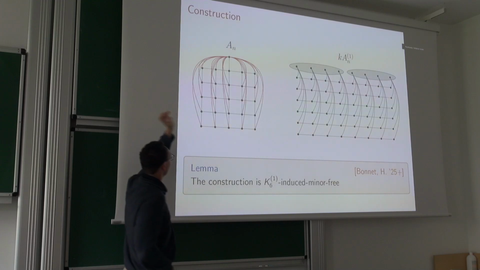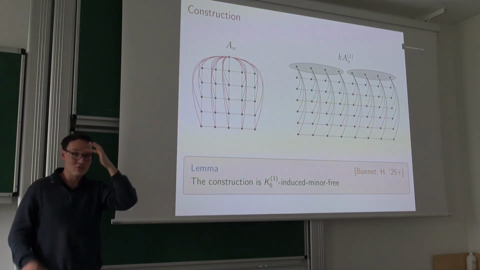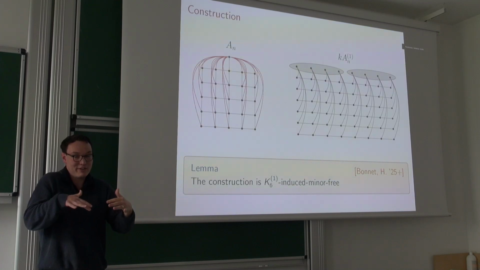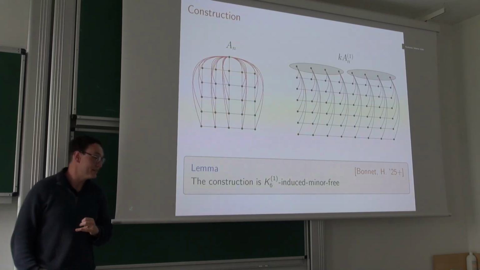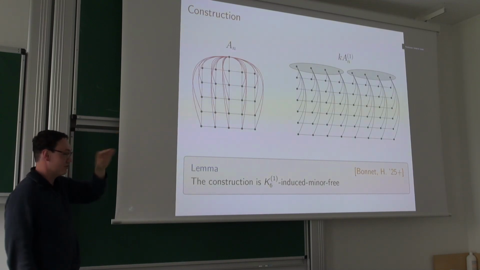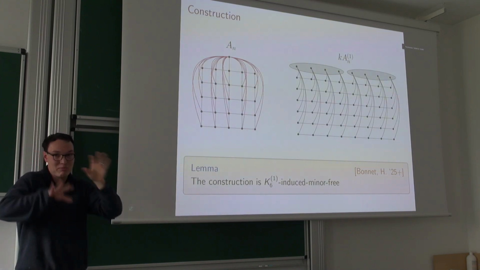Well, it follows from the fact that the apex grid excludes K6 as a minor. Planar graphs are K5 minor free, so with an apex vertex, it's going to be K6 minor free. And so if we're able to order the many disjoint copies of the one subdivision appropriately at the top, following a Hamiltonian path,